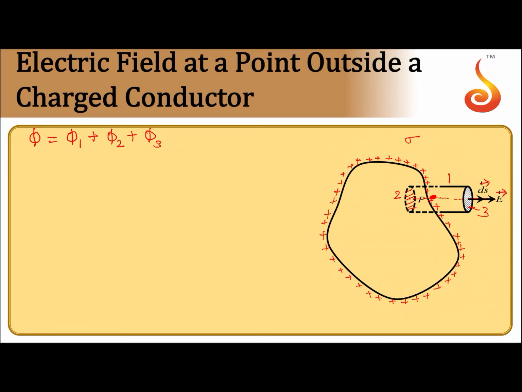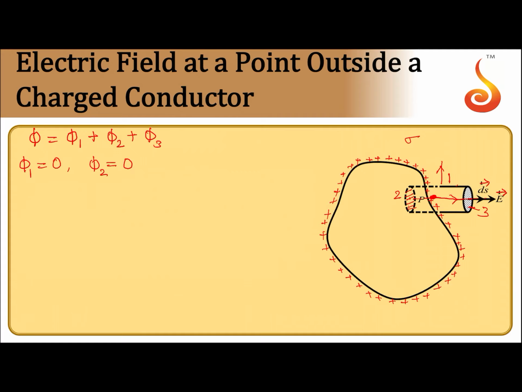Now, if I consider surface 1, entire electric field is along the axis, area vector is in this direction. So, they are perpendicular to each other. So, flux phi 1 becomes equal to 0. Flux through the curved surface will be equal to 0 because the entire field is along the direction perpendicular to the surface. Then, if we consider phi 2, surface 2 is inside the conductor. You know very well from electrostatics of conductors that inside the conductor there is no electric field. So, since there is no electric field, there will be no electric flux. So, phi 2 is equal to 0.